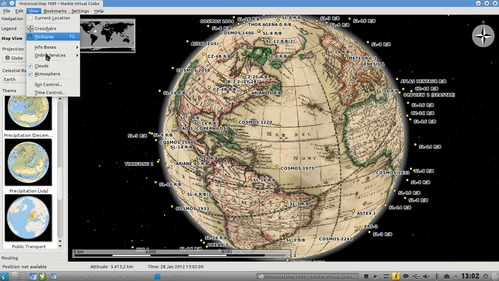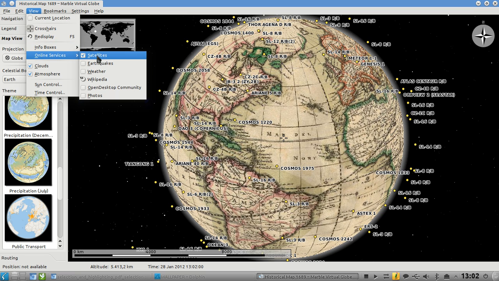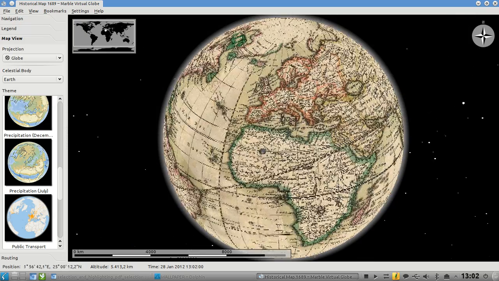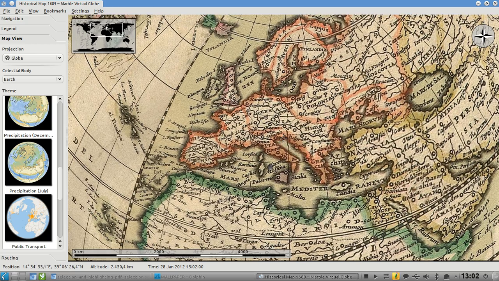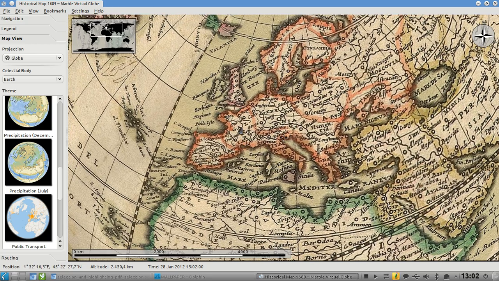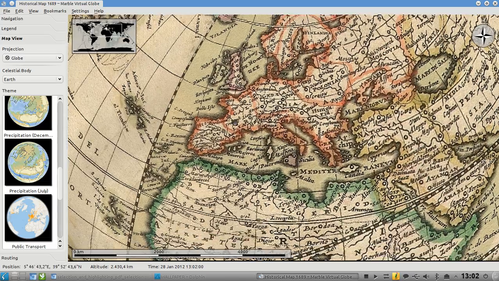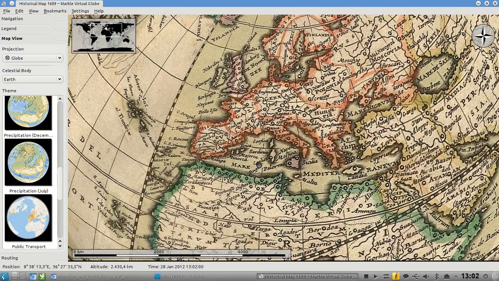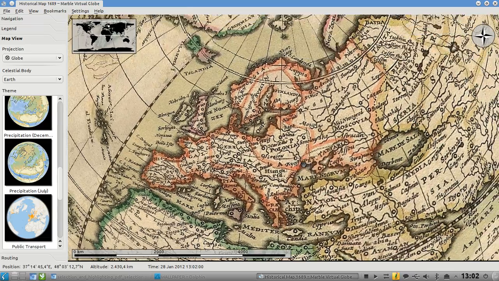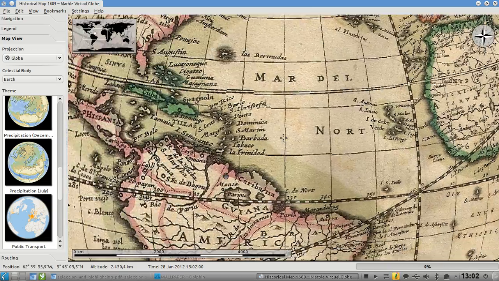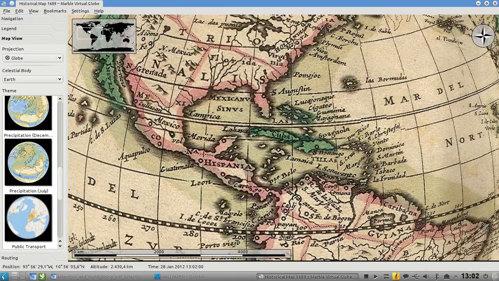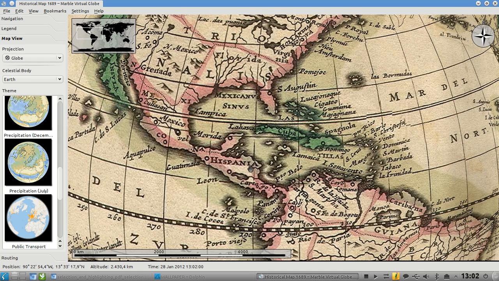So let me just turn off satellites here. It doesn't make any sense to see satellites. As you can see, this map is very old, and you can see Gallia, basically. This is also pretty nice for those of you who want to see how those different countries were named. Just like, for example, Polonia instead of Poland. Finlandia. That might be because this map is in another language. As you can see here, there was Hispania in